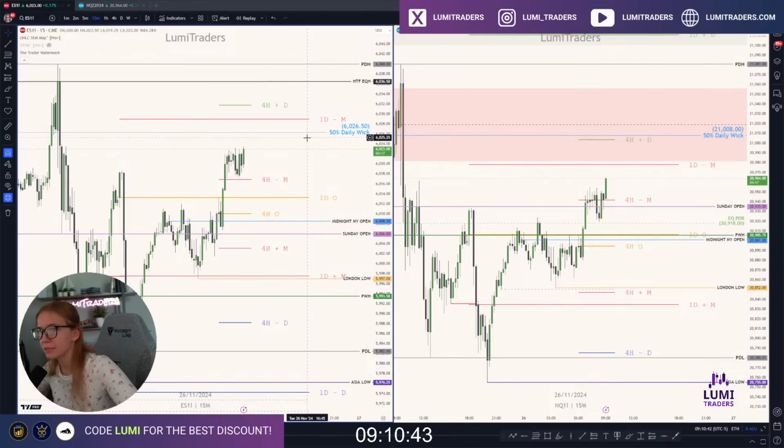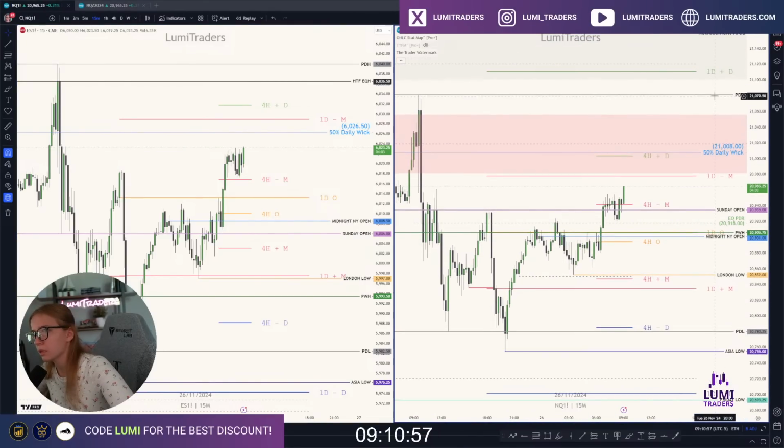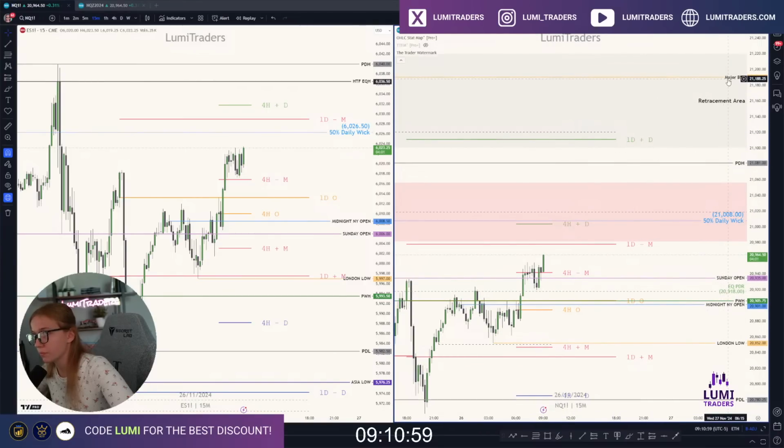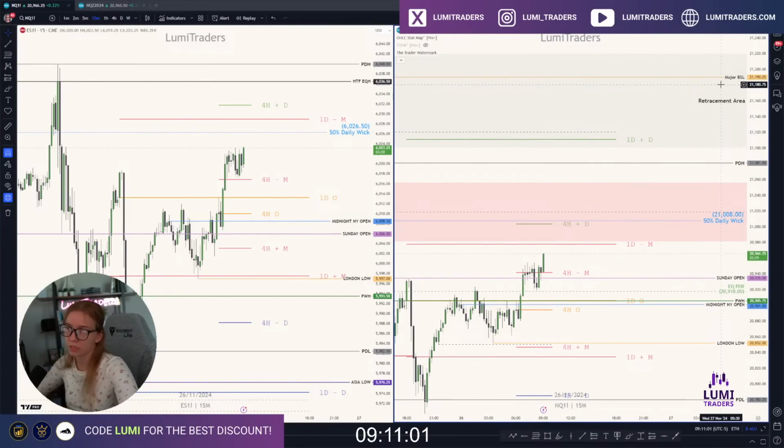So in my opinion, in order to continue going higher, for example to take the all-time high on ES, I would like to see a solid break above 50% of daily week. Same for NQ: if we break above 50% of daily week, there's a chance to see the previous day high level, then an attempt to run this liquidity. I call this major buy side liquidity. So if we break above 50%, I will be interested in this range.